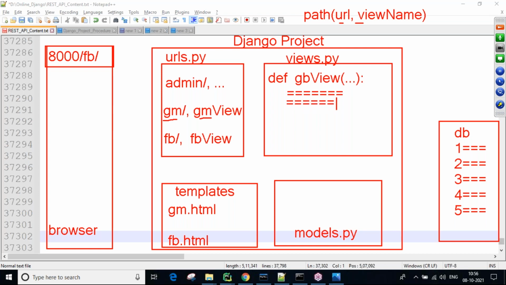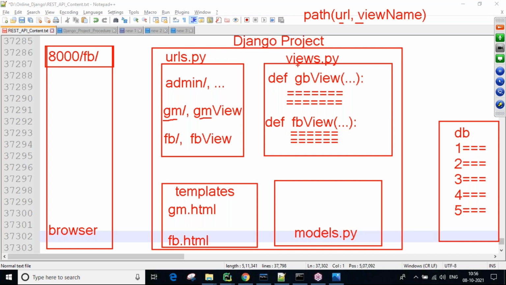Next, another view; we can write n number of views. def fb view. Here we can take n number of lines of logic. Later we will create all these logics.